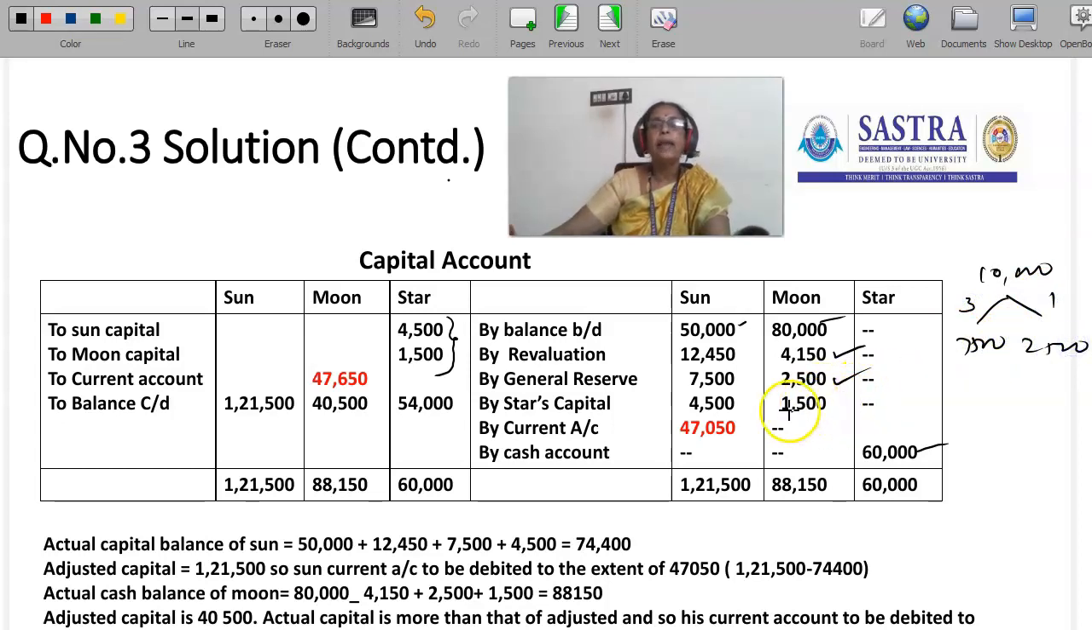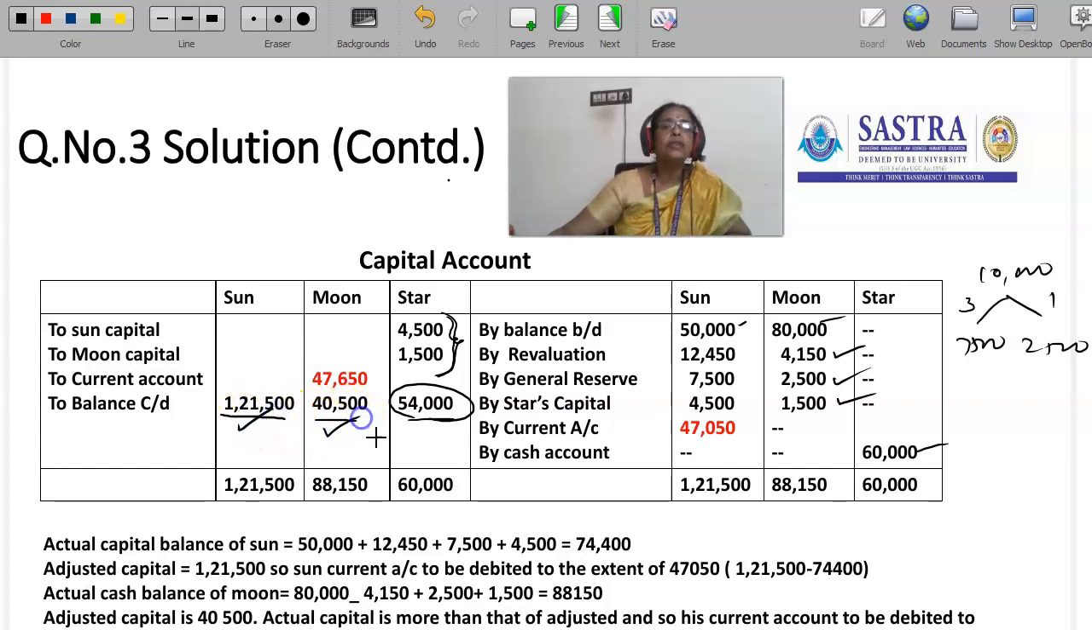Then the capital. This is the revaluation one, this is the premium, goodwill premium. Okay, this is also the goodwill premium, treatment of goodwill premium. Then already we have calculated the capital. This is the adjusted capital. We have calculated the capital of the old partners on the basis of the new partner's capital. The new partner's effective capital is 54,000. So the old partners' capital should be